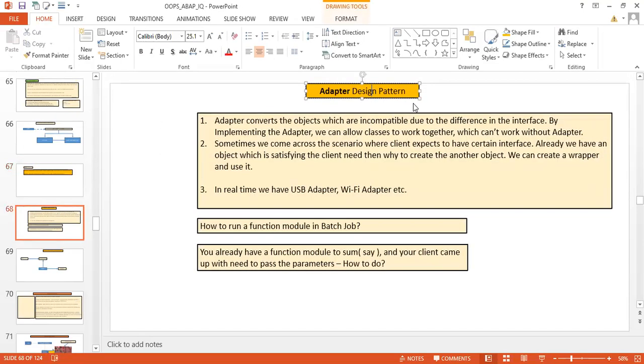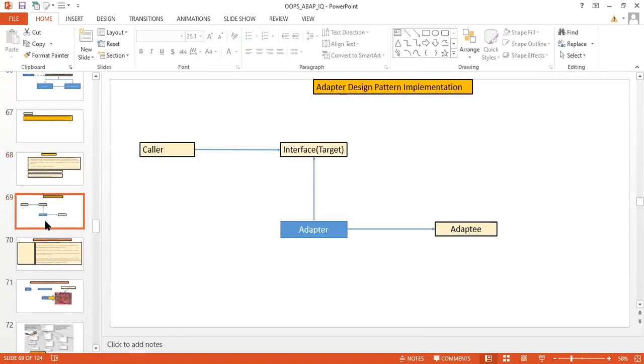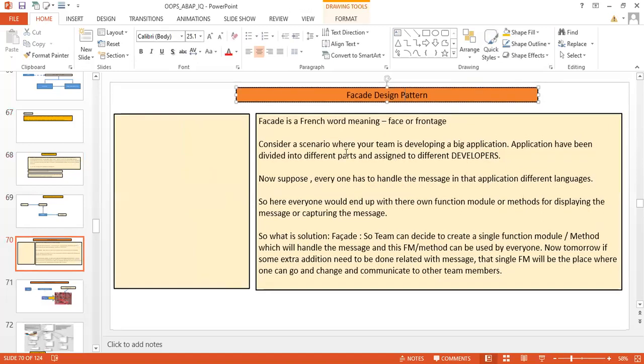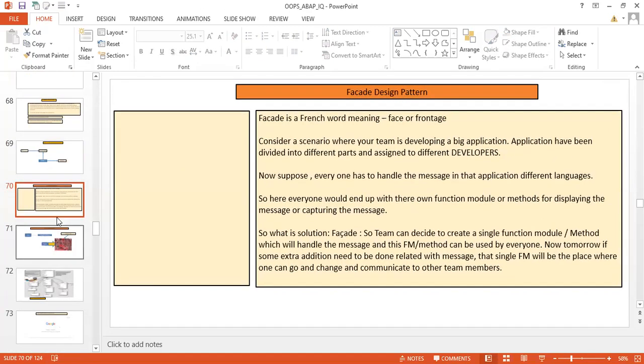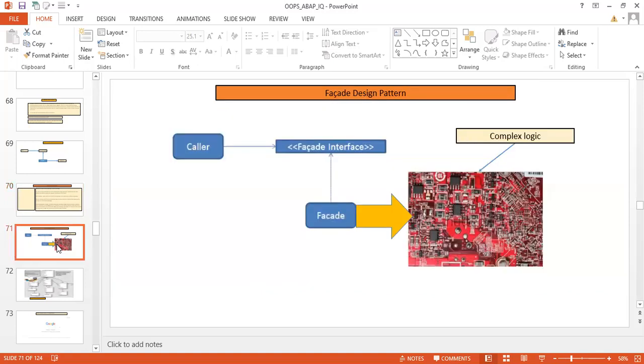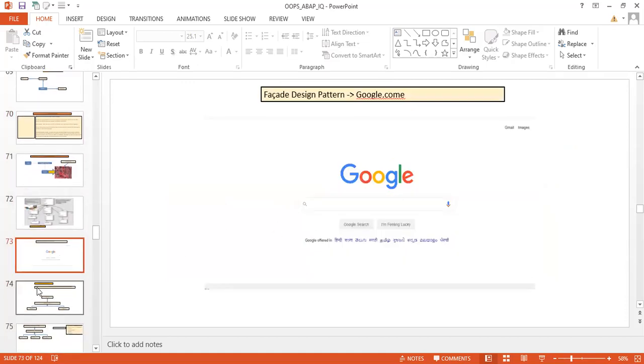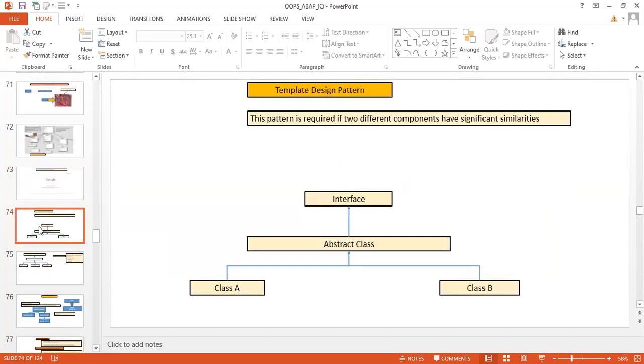Then the adapter design pattern, we saw what it is and its implementation. And here we also saw in detail about the facade design pattern, and then multiple examples for it. So google.com was a very good example for this facade design pattern.